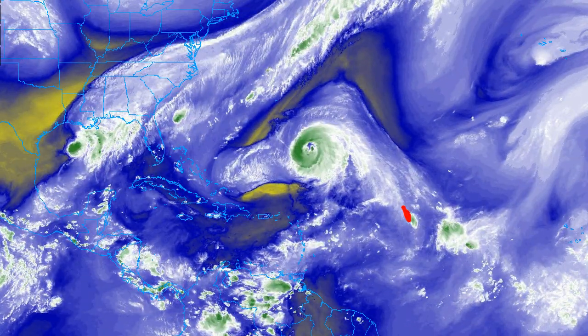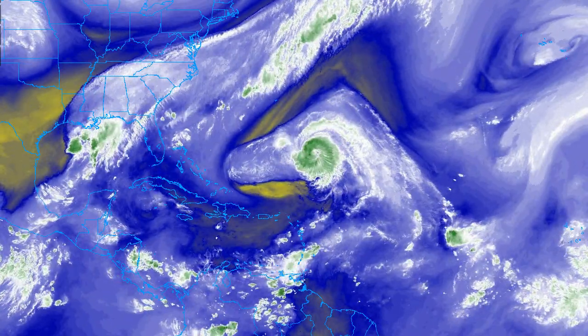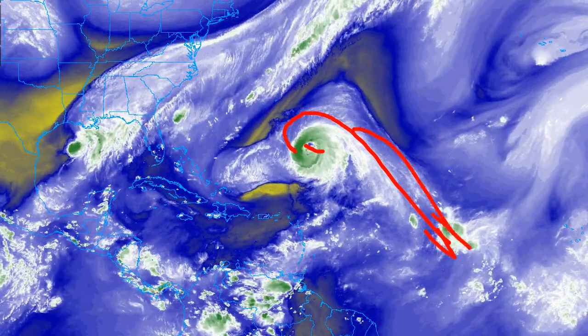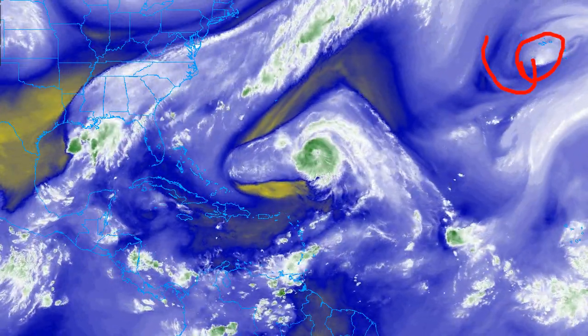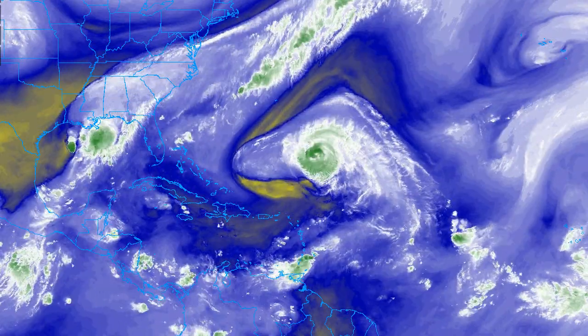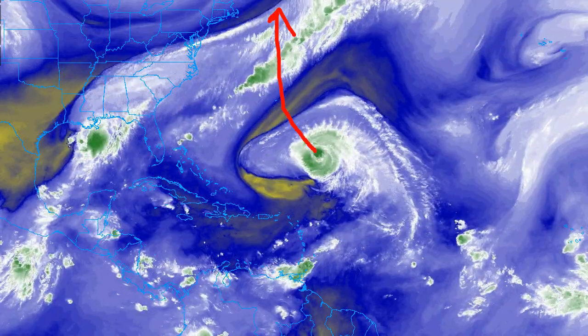So again, we're going to watch both these systems as they generally move to the west. What's left of Vicky, which is barely discernible, and then Wilfred down here, which is also almost not even discernible. Teddy's big fat eye is just shearing the crazy amount of wind shear along Wilfred there. So again, we're watching all of our systems. What's left of Paulette doesn't look that impressive, but over time, as it loops around, there is the chance of regeneration. But right now, the main focus is Hurricane Teddy's threat to Bermuda and the Canadian Maritimes, and Tropical Storm